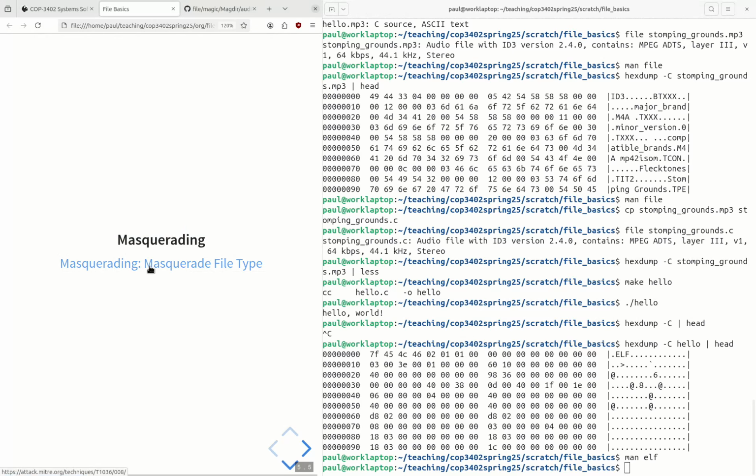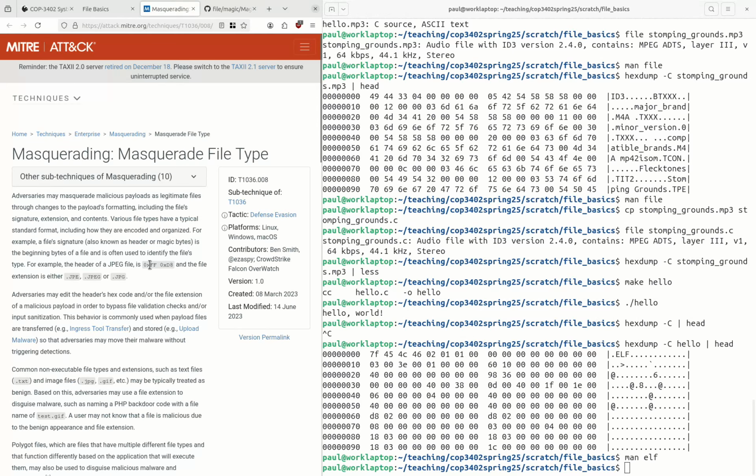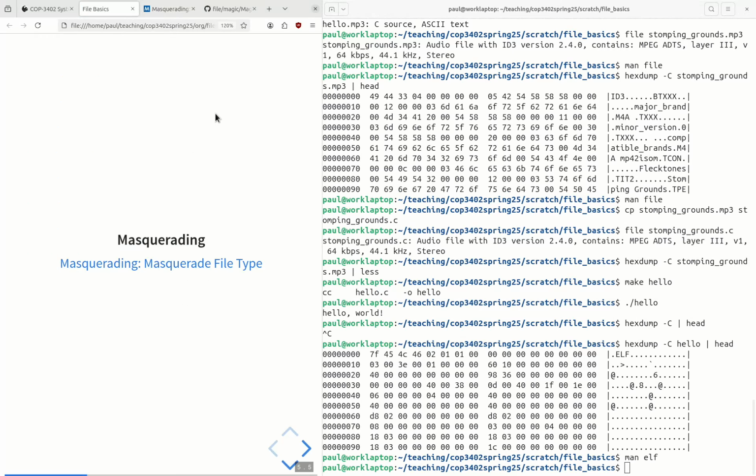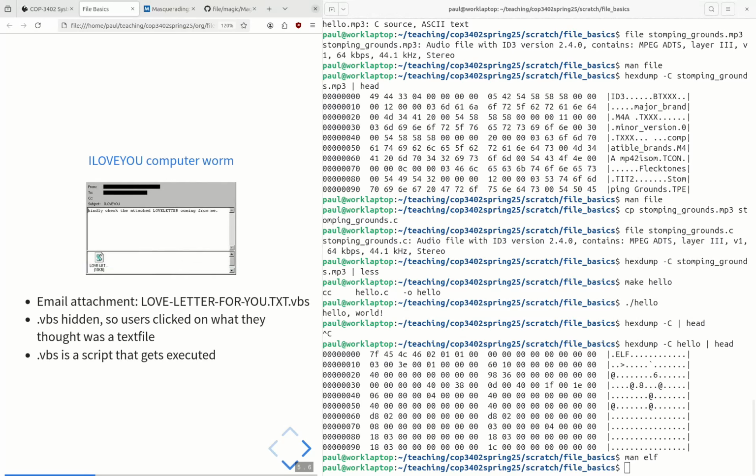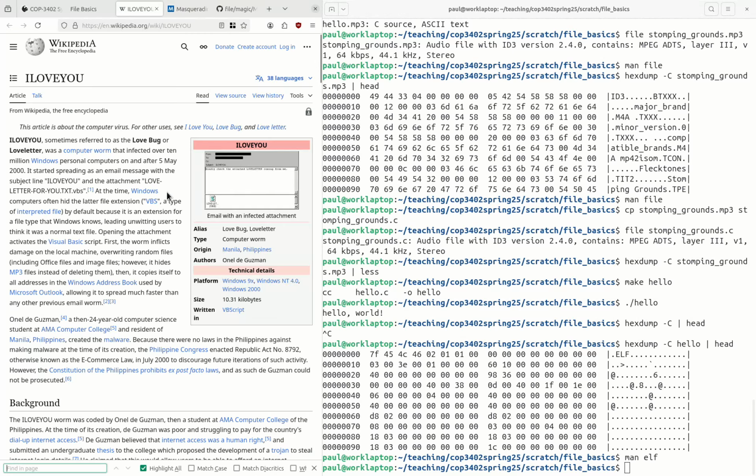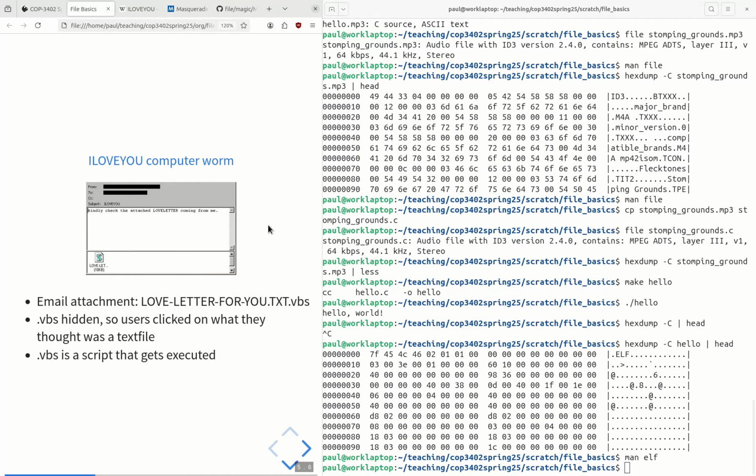So you can read through a whole section in MITRE on these kinds of so-called masquerading attacks, where attackers lie about the kind of file it is, sometimes through the extension. So here's one of the earliest and large-scale computer worms that spread itself through, I think it was Outlook. It was through Windows, Microsoft Outlook email application. And the way it worked